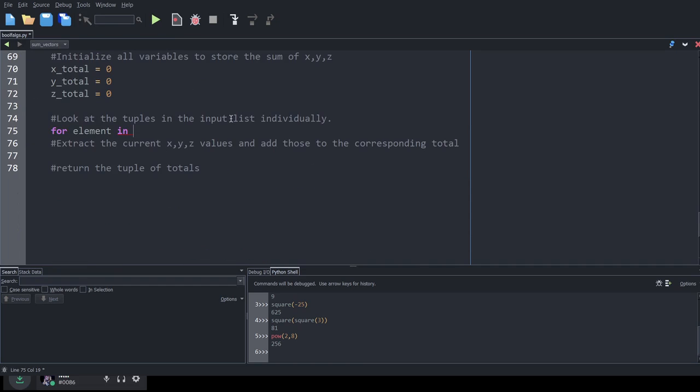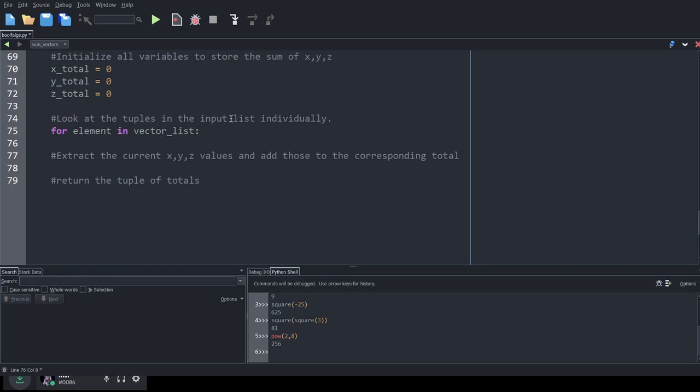Vector list. Vector underscore list. So this is essentially going to say, in the vector list, we're not doing range. It could work out if we were using range, it's just we'd have to do the indexing, and that's an added layer of complication that we don't really want to deal with. So let's just look at the elements directly.